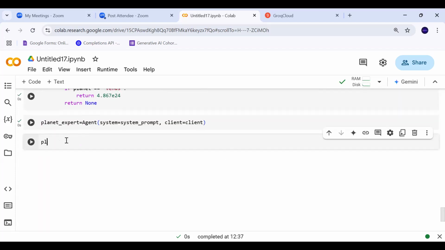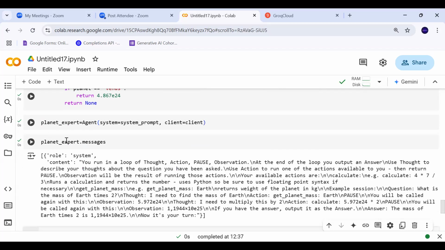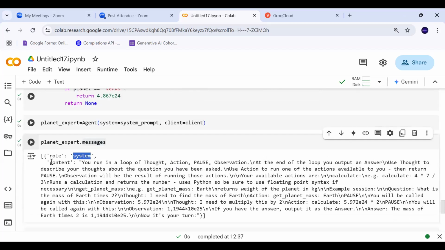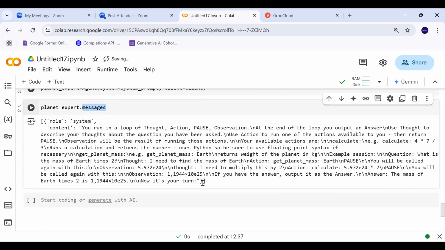I can say planet_expert and tap into messages. What you can see is that this messages list now has the system message, the message which we defined. It has been appended to my messages list. Clear, guys? Nothing else; this is the only message in the messages list.